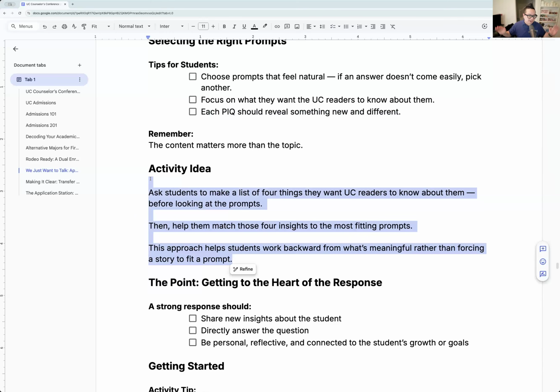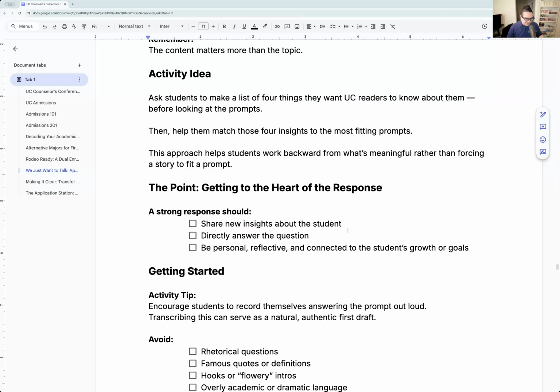If you're starting out, and if you're a senior, by the way, please rush. You have a limited time, but we always tell students, start first with your list of things. Don't look at the questions first. Look at the things you want to share. What are the 4 things you want the reader to know about you? Then you match it to the prompts as well. Then you work backwards. Ooh, that's very, very cool. Whoever did the training, they probably watched our trainings as well, right?